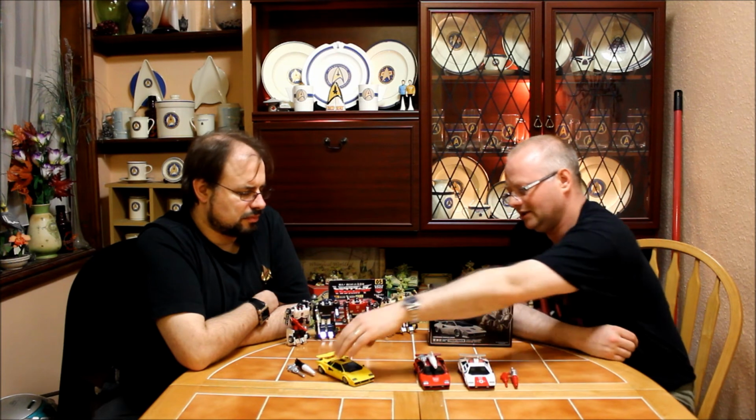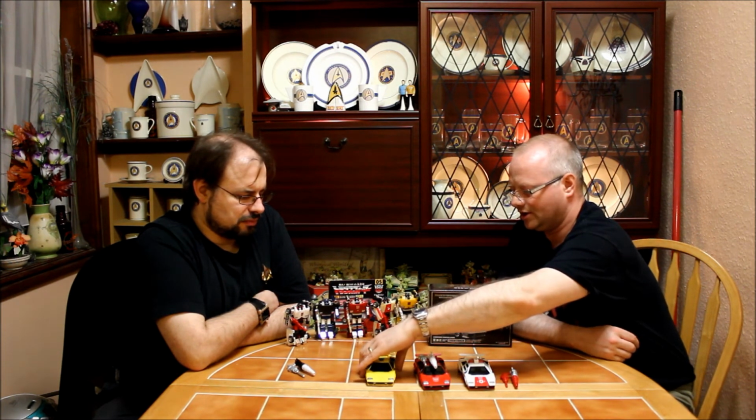I think the guns and all the peripheral bits that come with them are great. Whilst I do like the paint job, and I think it's a great paint job, I really like the fact that you had the sticker choice with this one. Because there's this really weird thing, they're robots in disguise. I feel that sticking a whacking great sticker saying, hello, I'm a good guy or a bad guy, or I'm a good guy pretending to be a bad guy, would disappear when you went into vehicle mode, so...